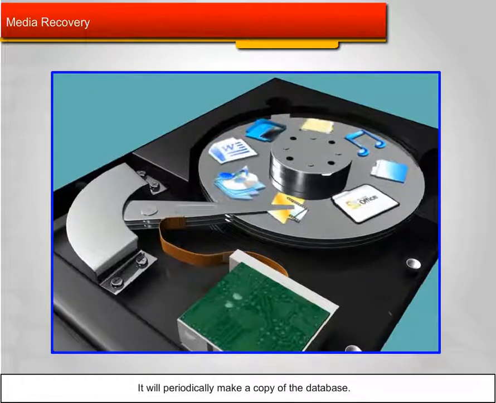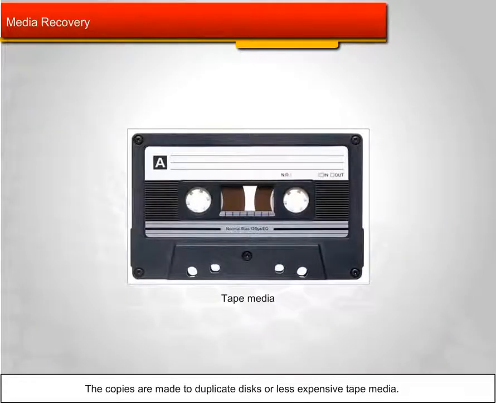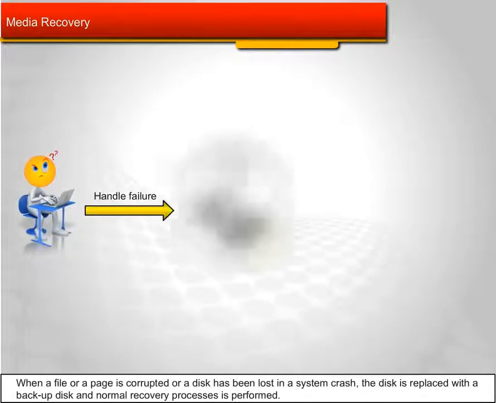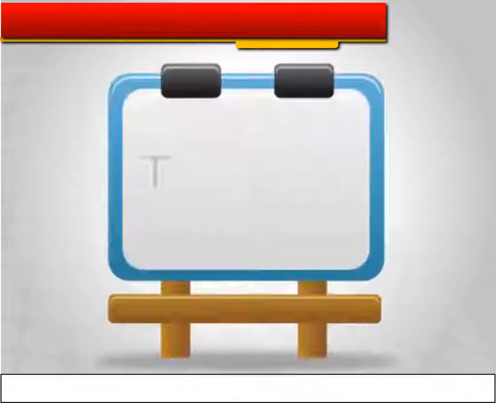Media recovery is performed when there is a head crash, that is, record scratched by a phonograph needle on the disk. At the time of head crash, the data